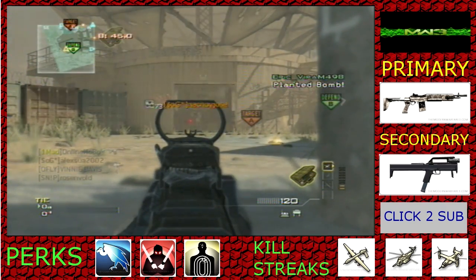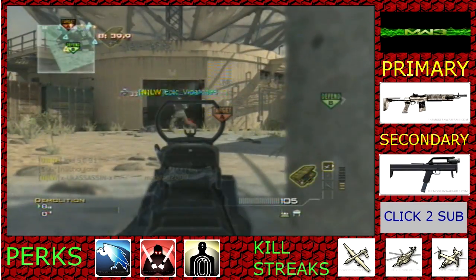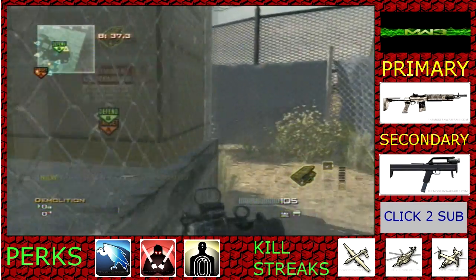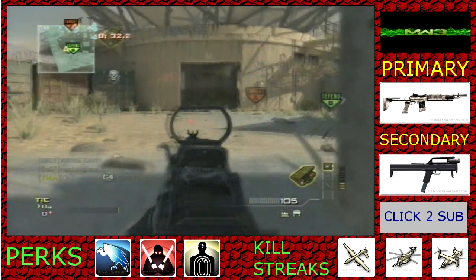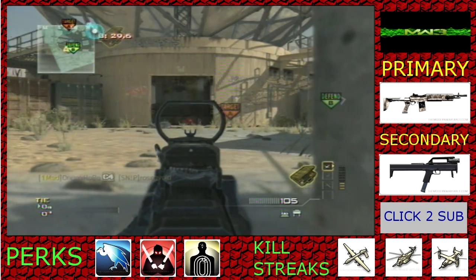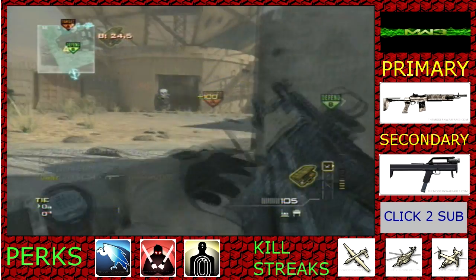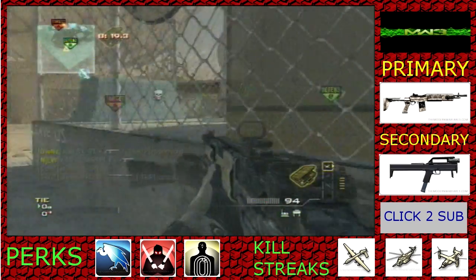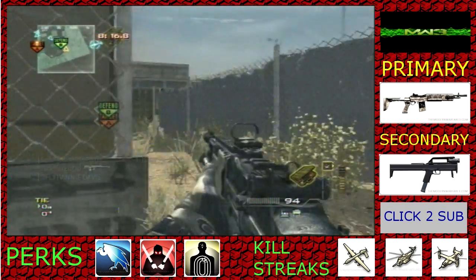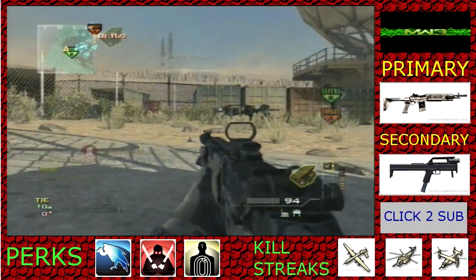Now, for my class setup, I'm using the MK14 with kick and red dot. If I had used this gun a bit more and unlocked a few different things, I'd be using either red dot and suppressor if I weren't spawn trapping, or if I was spawn trapping still, I'd be using red dot and extended mag just for that extra ammo, because this gun doesn't need kick. If you don't fire it as fast as you can, if you're not constantly clicking the trigger, then it doesn't lift up at all. It's got extremely